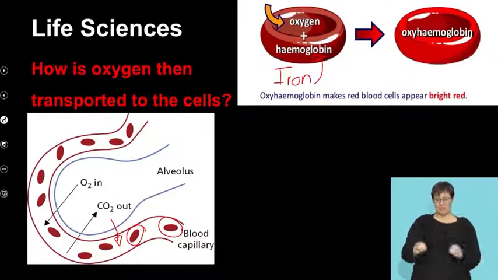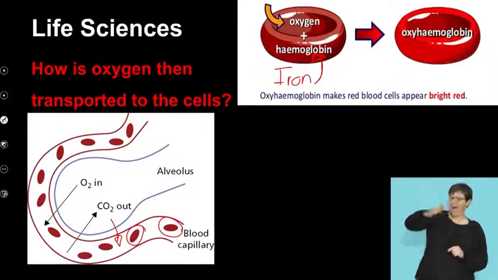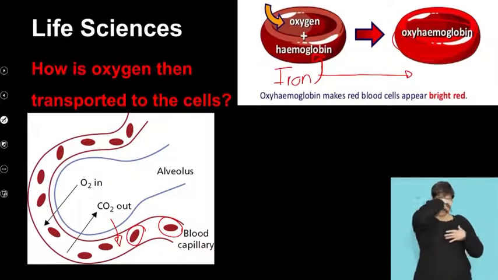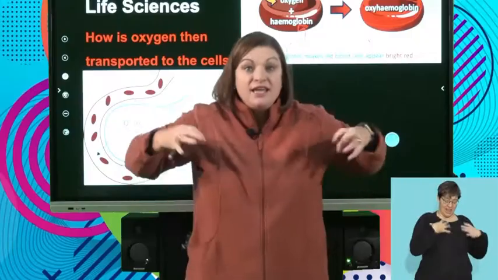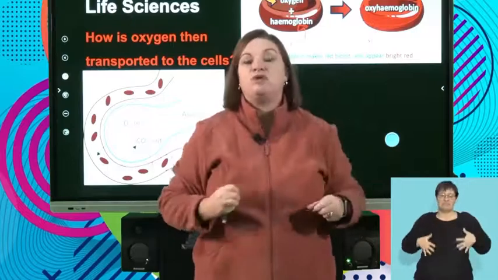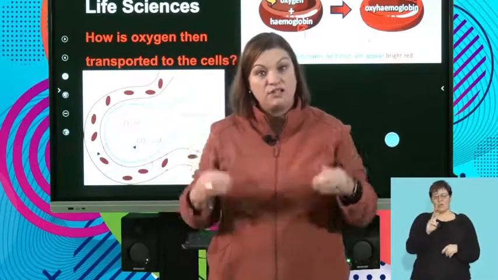So instead of going into the blood, as the red blood cell goes through, we have this iron pigment, that's why our blood is red, and oxygen and hemoglobin are like, hey dudes, we're together, and they form this compound called oxyhemoglobin, and that is how oxygen is going to go to the cells. So oxygen moved into the lungs, from the lungs into the blood, in the red blood cell, the erythrocyte, and on its way it is going to the cells. Why does it need to go to the cells? That's why I need oxygen, for cellular respiration.